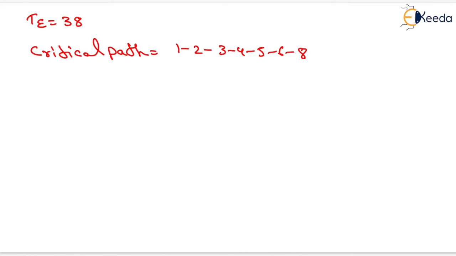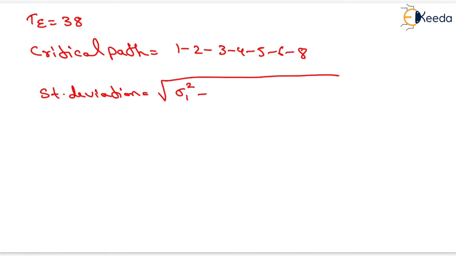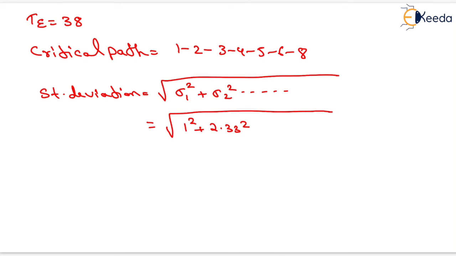Now we have to find the standard deviation. So standard deviation will be equal to the square root of the sum of sigma squared for all the activities. Now we have to find the standard deviation for those activities which are in the critical path. So we will write the values of sigma here. For event 1 2 it will be 1, so we will write here 1 square plus 2.33 square for 2 3 plus 0.67 square for 3 4. Similarly 1.33 square for 4 5 plus 2.0 square for 5 6 activity plus the last one is 2.67 square